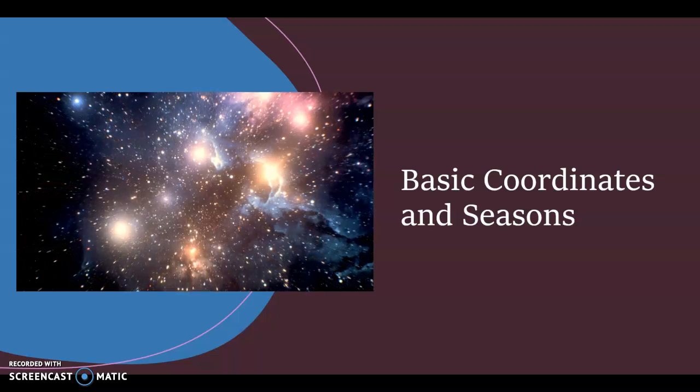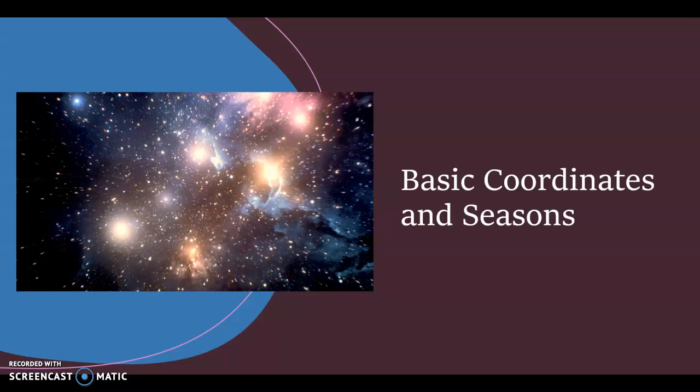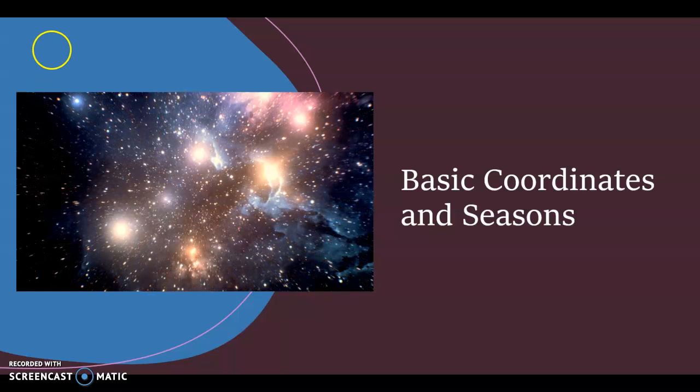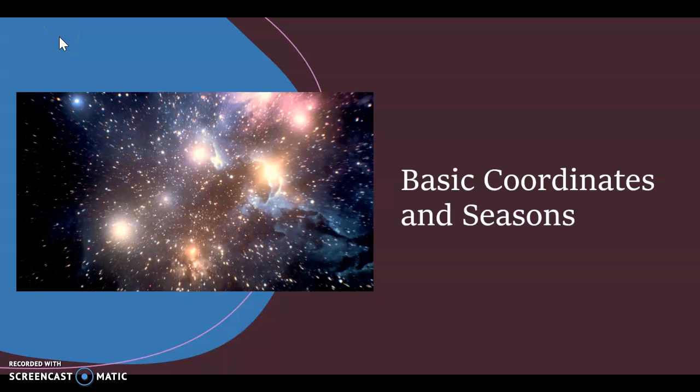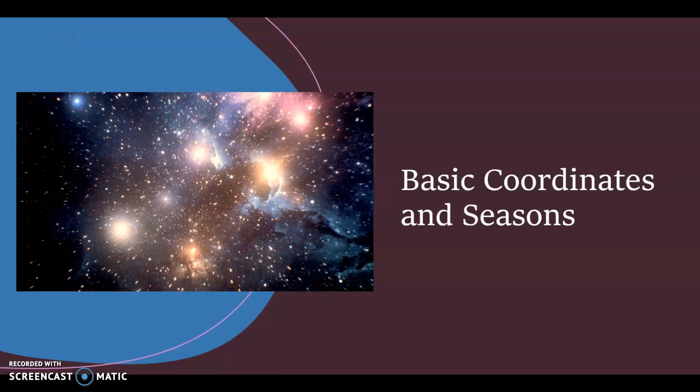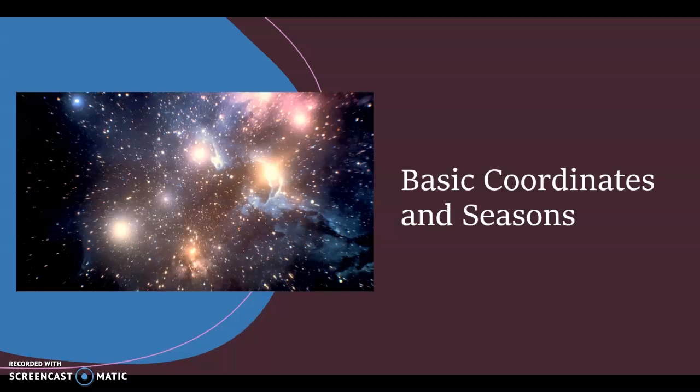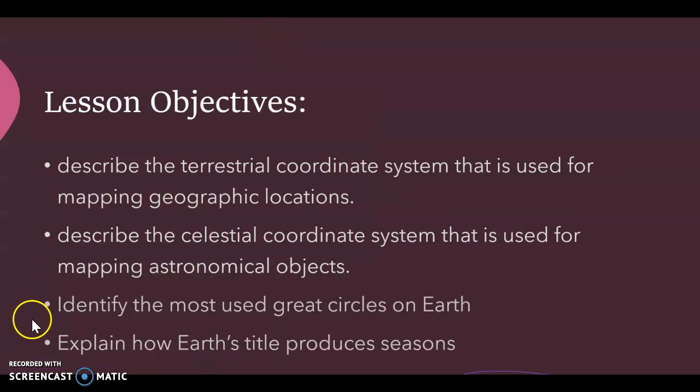So the coordinate systems we're going to be looking at will be for terrestrial and celestial coordinates. I'm going to show you some of the simulations you're going to observe and then help you navigate through that on the website. The objectives for this lesson are to be able to describe the terrestrial coordinate system used for mapping geographic locations here on Earth, to describe the celestial coordinate system that's used for mapping astronomical objects, and then,